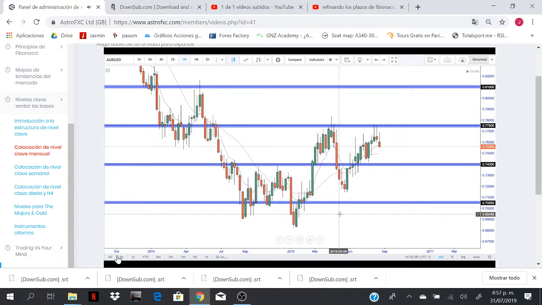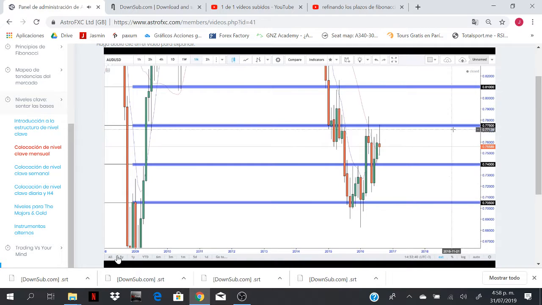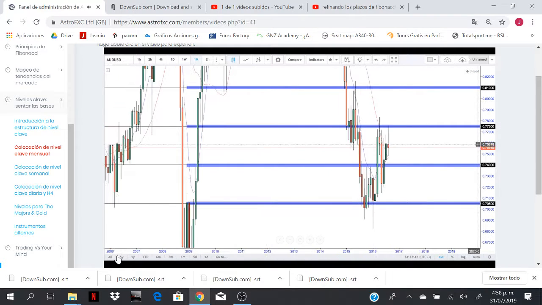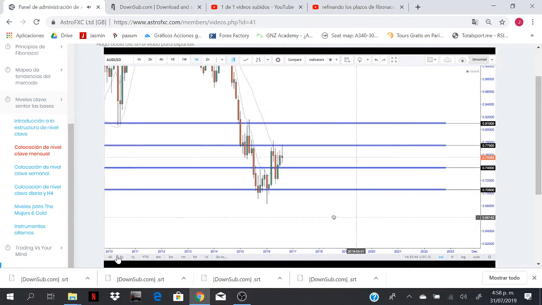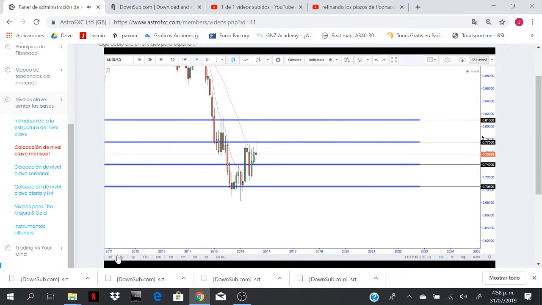All right, modify those, and as you can see, we've got our monthly levels on there. Round numbers, very responsive and reactive levels. However, we need to add more onto this. Obviously, this is just a month. So that's neat enough for me. What I'm now going to do is the levels here, the black lines, we need to go ahead and label